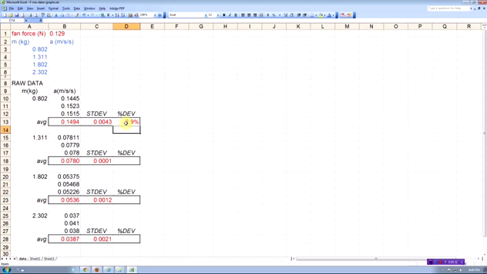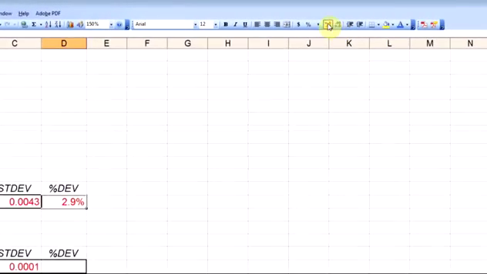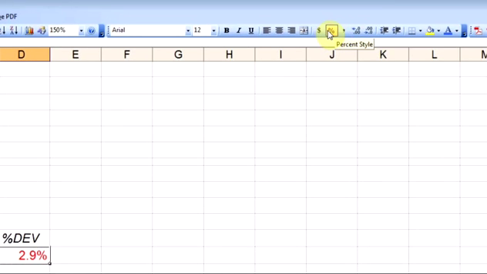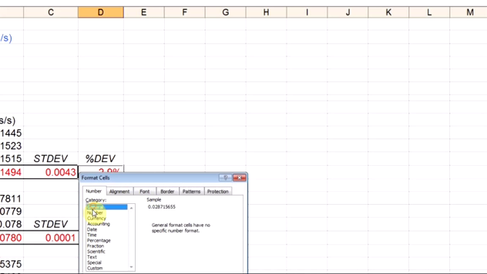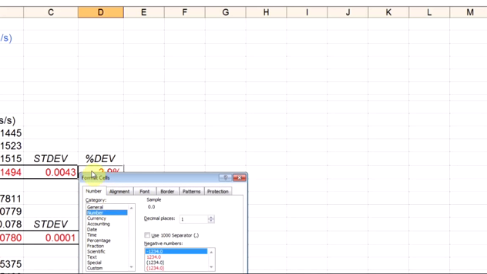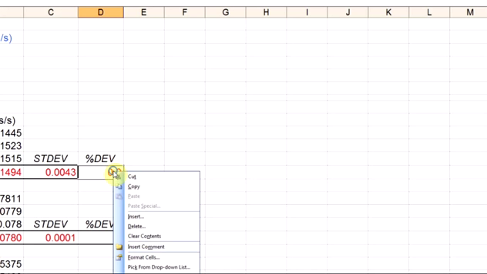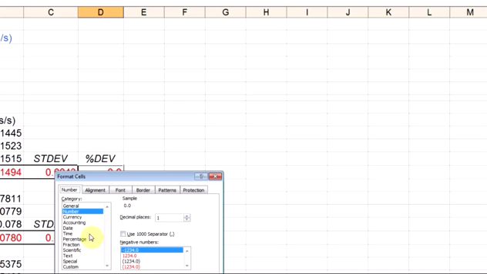And in this case, I already have this cell set to be a percentage. If you didn't have it set that way, you can simply hit the percent button in the toolbar, or you can always right click on the cell, go to format cells, and change it to whatever type of number you want. For example, if it wasn't set that way, it might have said something like this in the beginning,